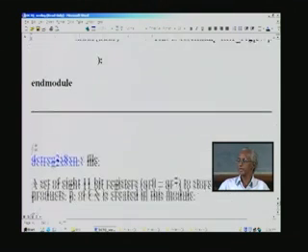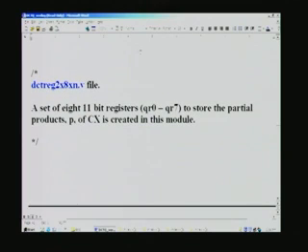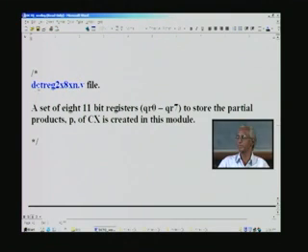So, next we will consider some of the submodules which we have not seen before. One is for the partial product, called DCT reg 2 into 8, meaning 16 registers are really required, and the width also we can program here, and that is why n is put here. If you do not like this name, you can change it to partial product PP or something like that. A set of 8 11-bit registers, that is QR0 through QR7, to store the partial products, is created in this module.